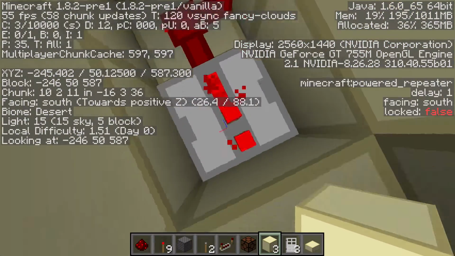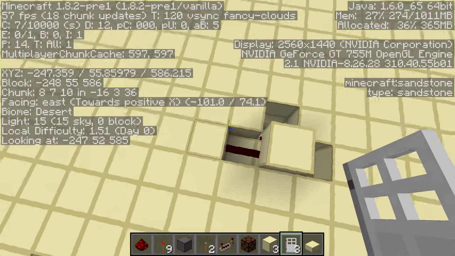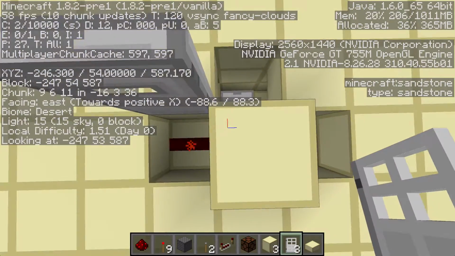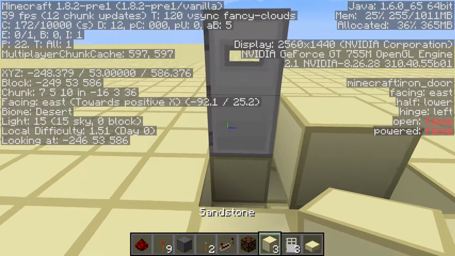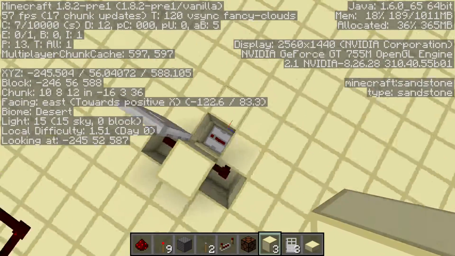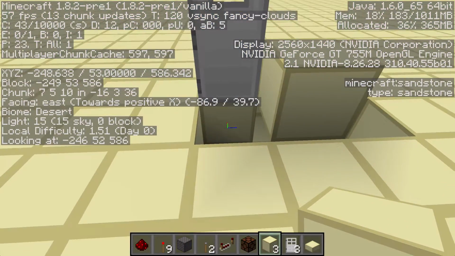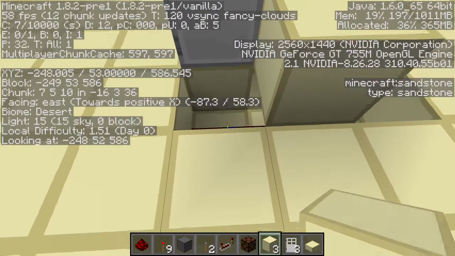Ooh. That was a torch burnout. Torch burned out. So, yeah, it'll do that. So, we can do that, but, yeah. So then, if you try to walk through, and what you can do is